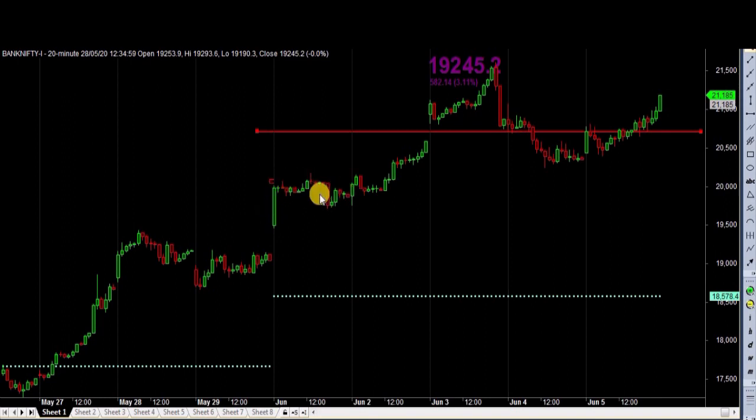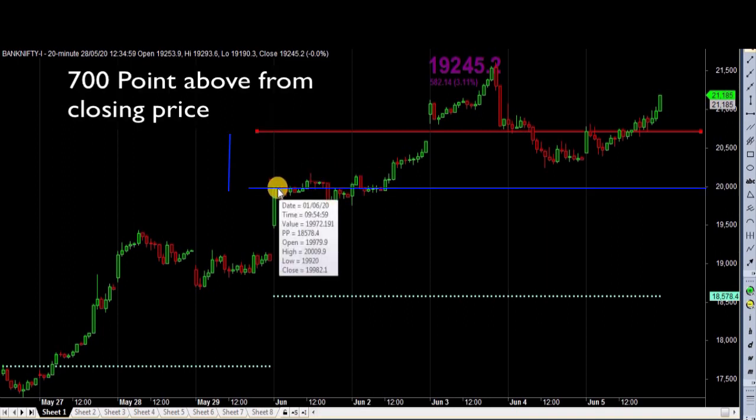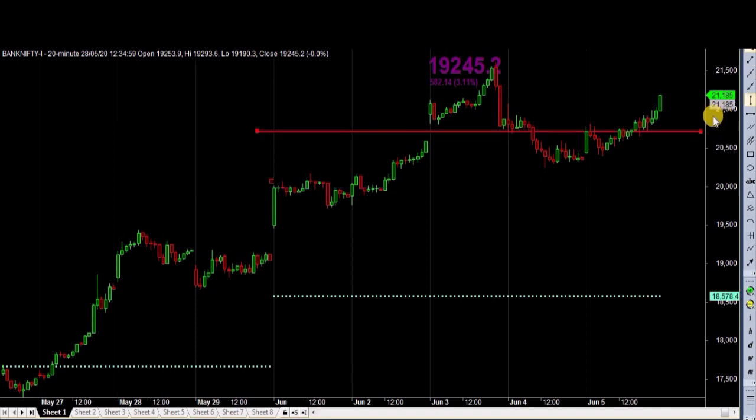So what call do you need to buy? If the closing price of the day is somewhere around, you can see the closing price at the bottom here, it's 19,982. It means almost 20,000 Bank Nifty future price here. So the closing price is 20,000, and you are going to buy a call option 700 points above. So 700 points above would be here, and this line shows the value, you can see on the right side here, 20,700. So you're going to buy a call of